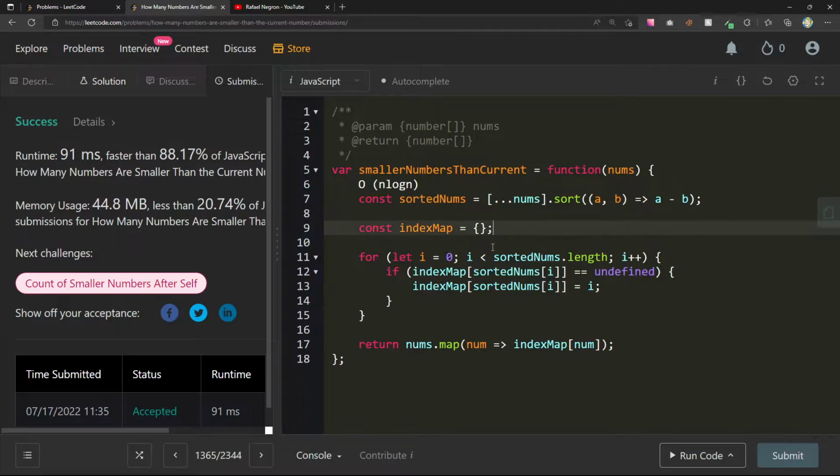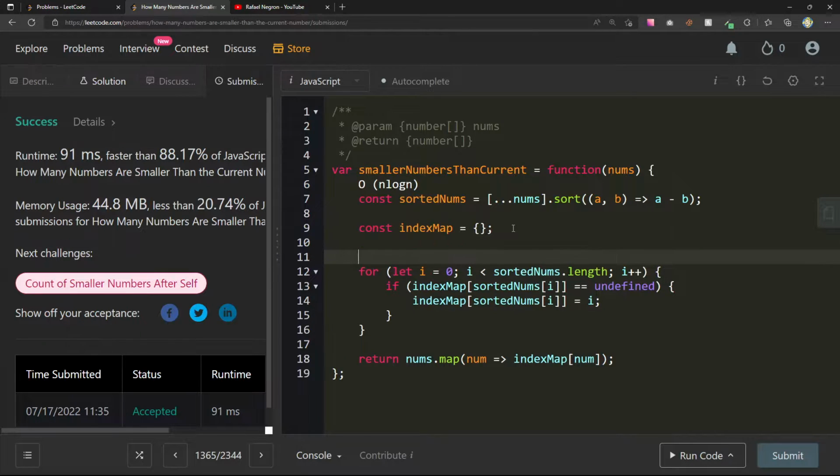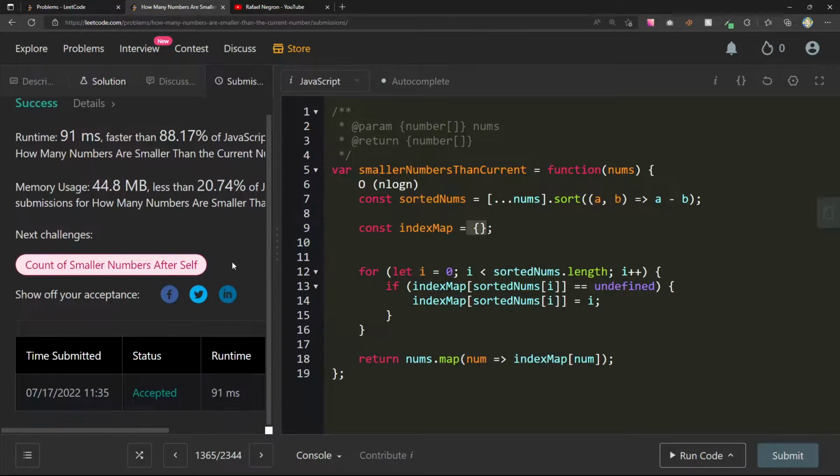For here, this is going to be linear. We're going through all the sorted nums. This is going to be O(n) time, and here we're doing another linear traversal of our input array. So really it's O(n log n) plus n plus n, so O(n log n) plus 2n. N log n is the thing that wins here, so the bottleneck is the sorting. And then for space complexity, I'm always confused because when I see people use object literals,